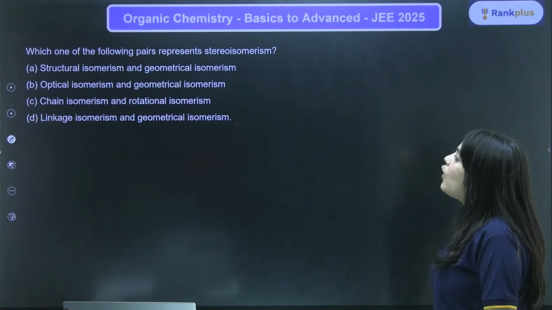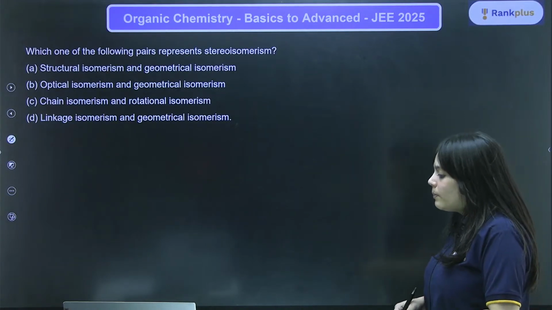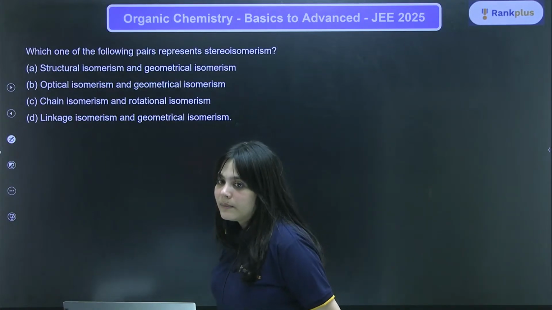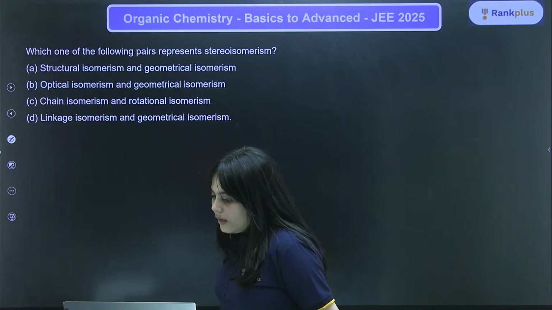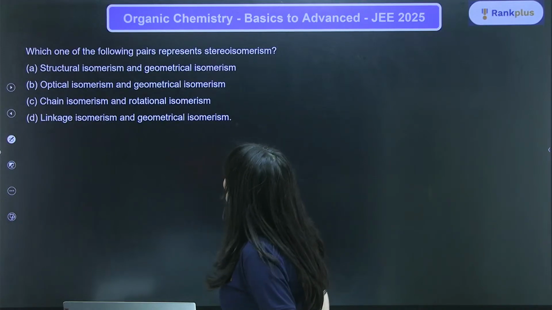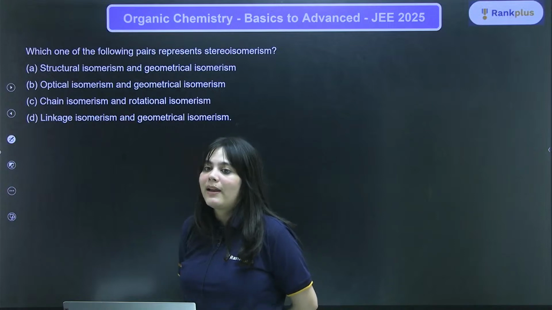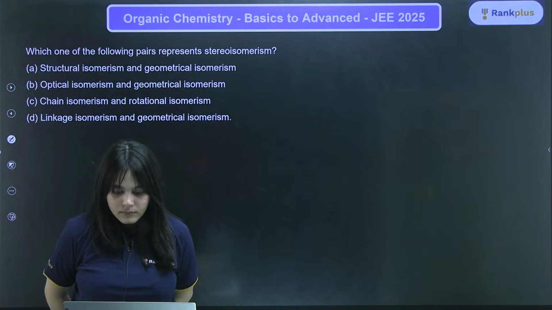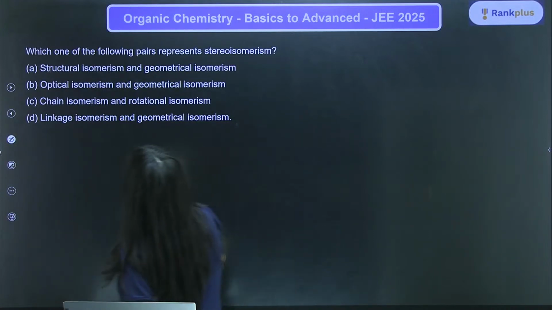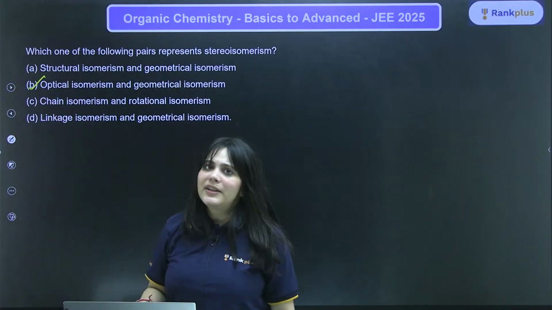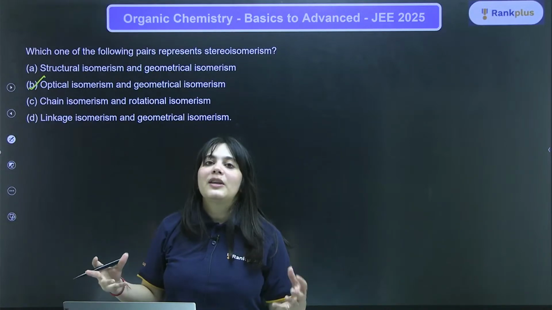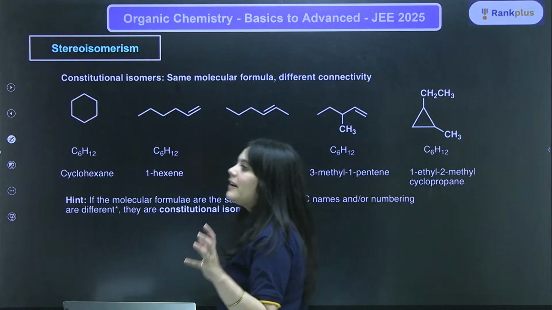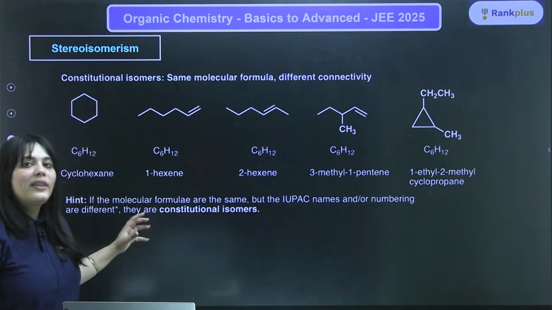Answer this. Which of the following pairs represent stereoisomerism? Answer this question. B. Optical and geometrical, absolutely. Optical and geometrical are stereoisomers. Even conformational is a stereoisomer. Absolutely beautiful answer. Chaliye. Next, before we enter into stereoisomerism, I want you to know that these are